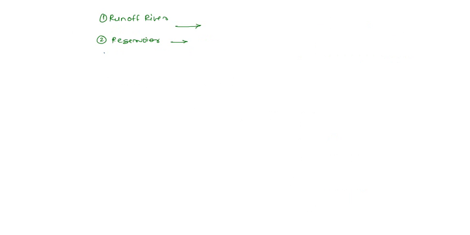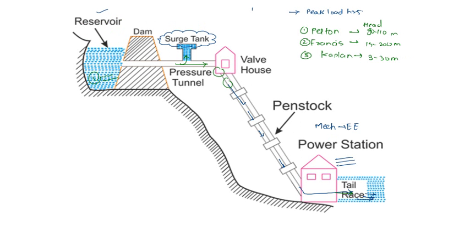Apart from that, we use pump storage plant for our peak load hours. That means when the water is going to the tail race, a certain dam is provided here for another power plant called a pump storage plant. So the water coming out here then goes directly to the reservoir. Then when there are peak load hours, this water is also provided to the penstock for generating the energy in the peak load hours. And in the off-peak period, the water comes to the feed pump and goes to the reservoir. These are the main types of power plant in hydroelectric power plants.